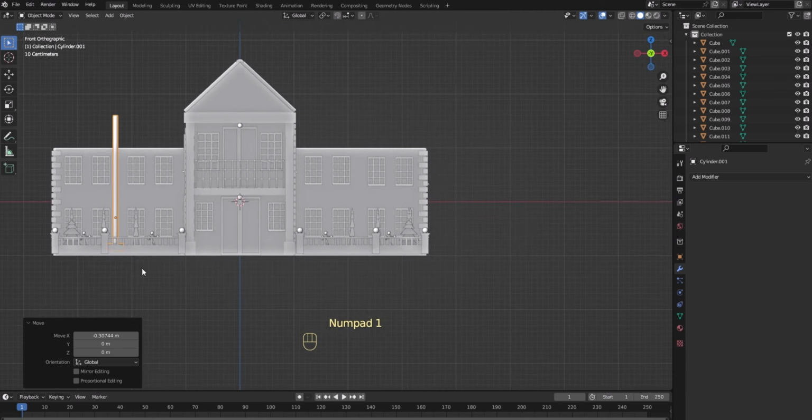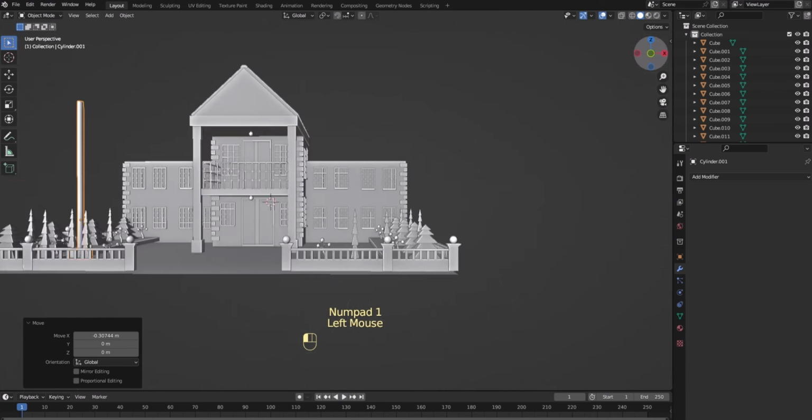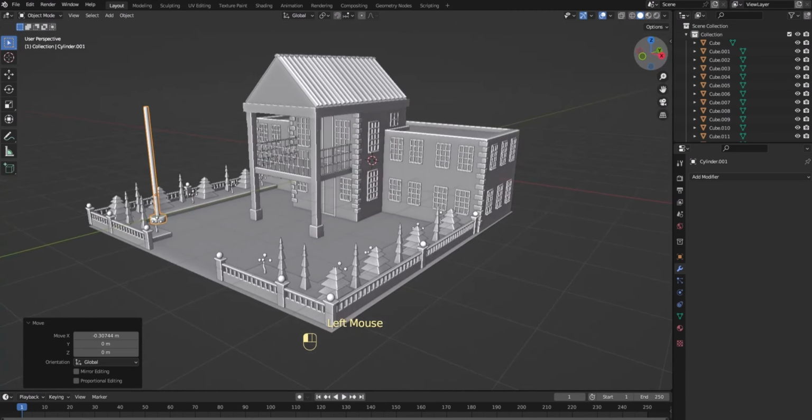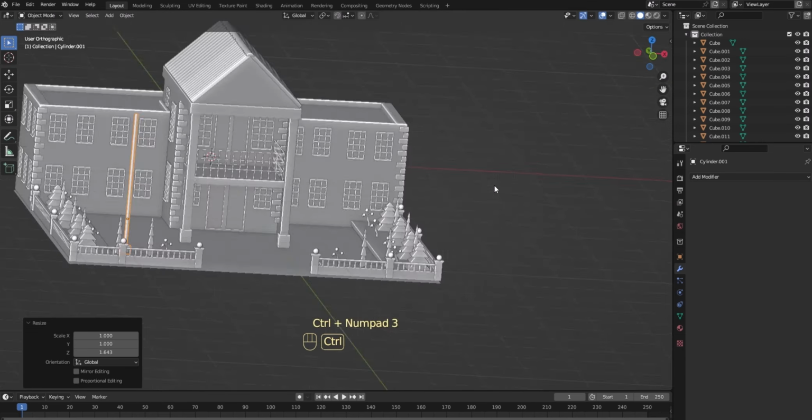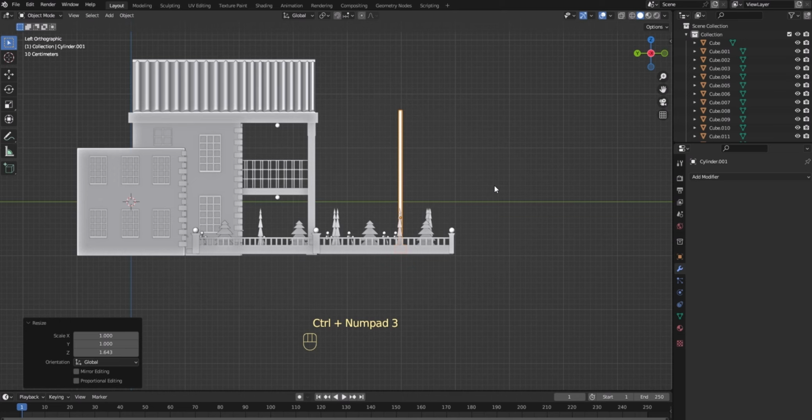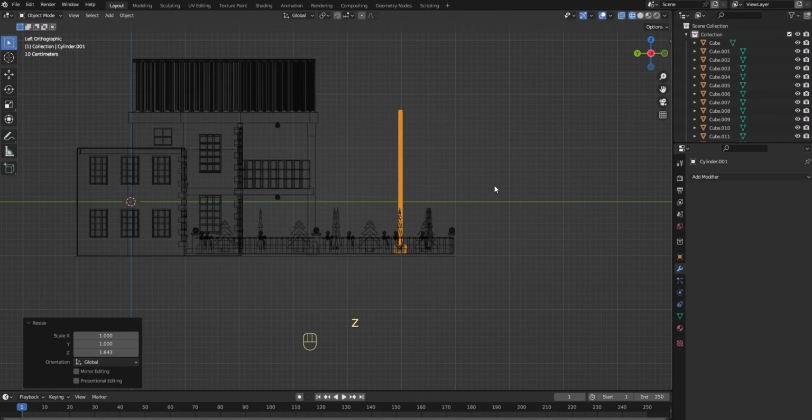Alright, I think this is fine. I'm going to scale it a bit to make it a bit thin, like this. Then scale it towards the z-axis, like this. Alright, then I'll look at it from the side view, turn on my wireframe, and raise it up a bit,